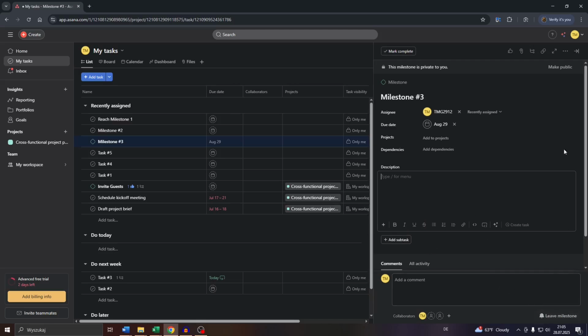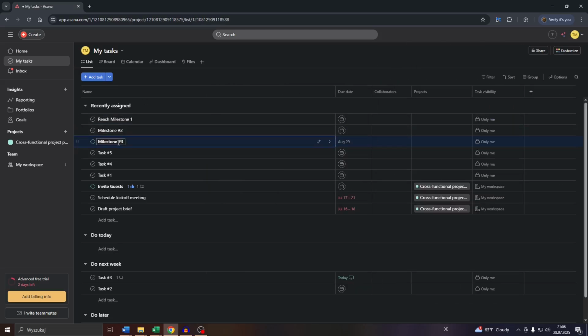You can leave a comment, for instance. You can attach files or documents, PDFs, instructions to it. And that's it, guys. That's how you create milestones for your